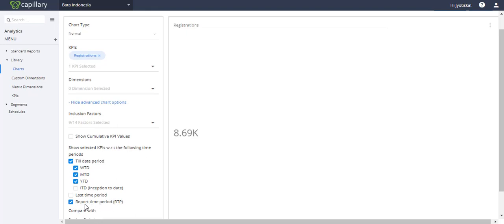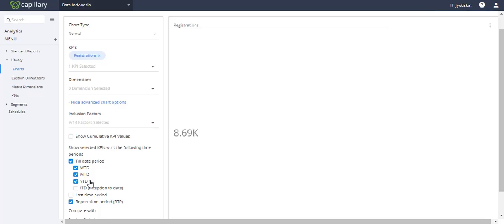Report time period is basically the time period in which the report runs, and week till date, month till date, and Y till date will be calculated from the end date of the report. So whenever I make this chart and put it in a report, to compute week till date, month till date, Y till date, we will be using the end date of the report.